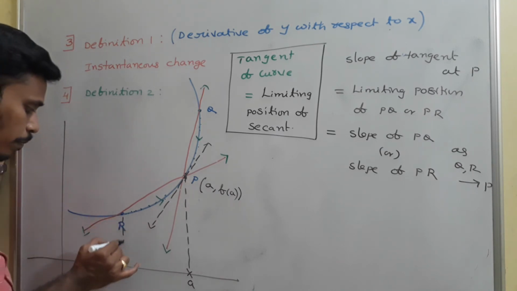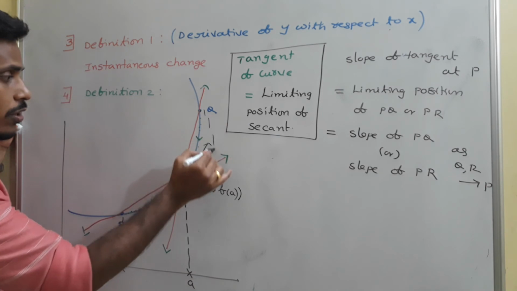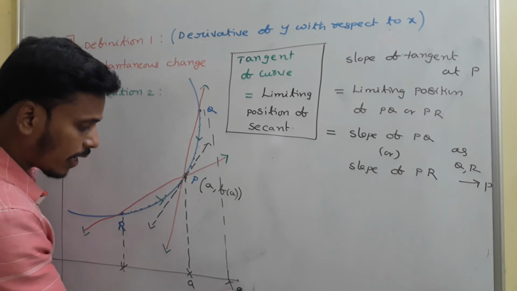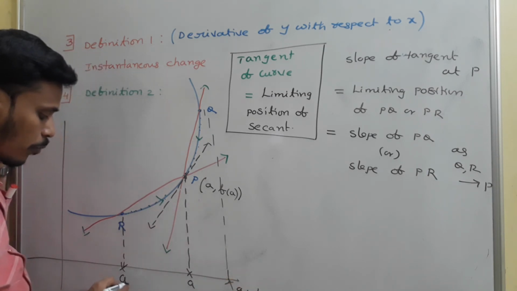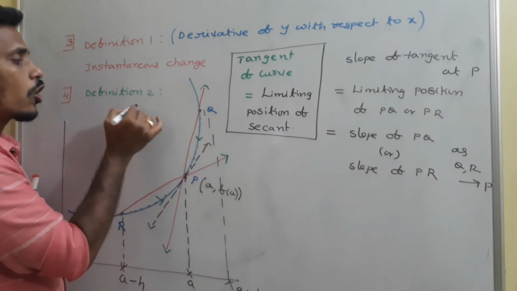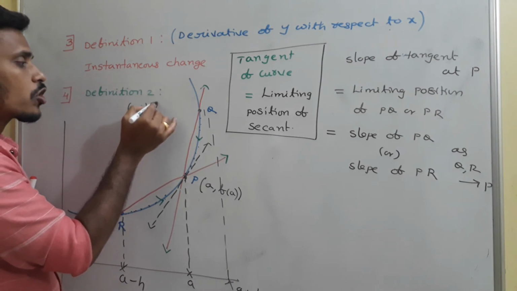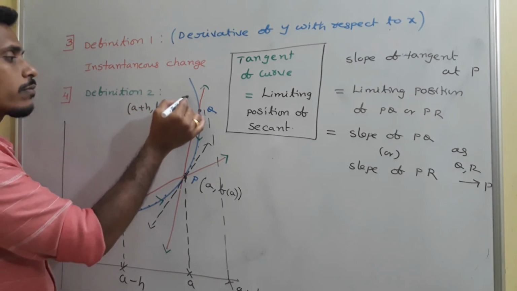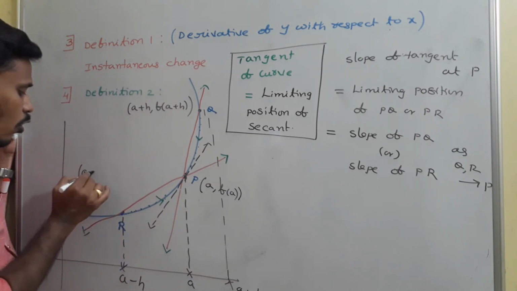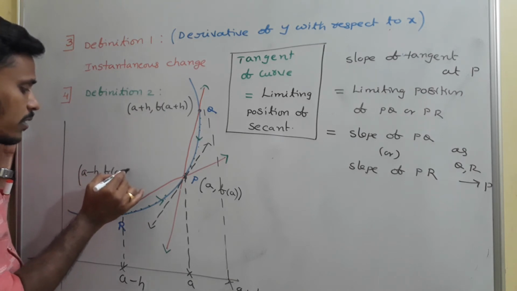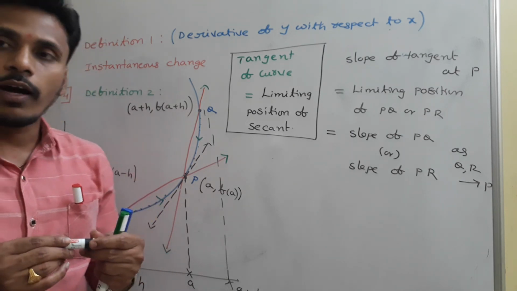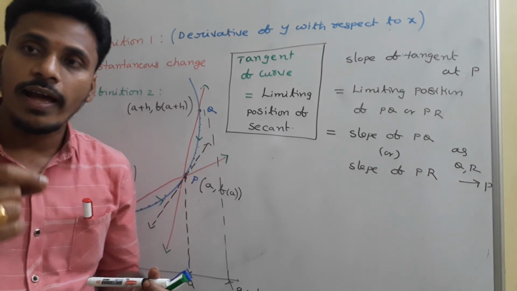And what do you say about this R, and about this Q? This point Q is just to the right of a, so you may take this point as a plus h and this point as a minus h. Since its x value is a plus h, at Q the point is (a plus h, f(a plus h)). At R, a minus h is the x value, so the coordinates are (a minus h, f(a minus h)). On a curve, a point is always of the format x value comma functional value at that x.